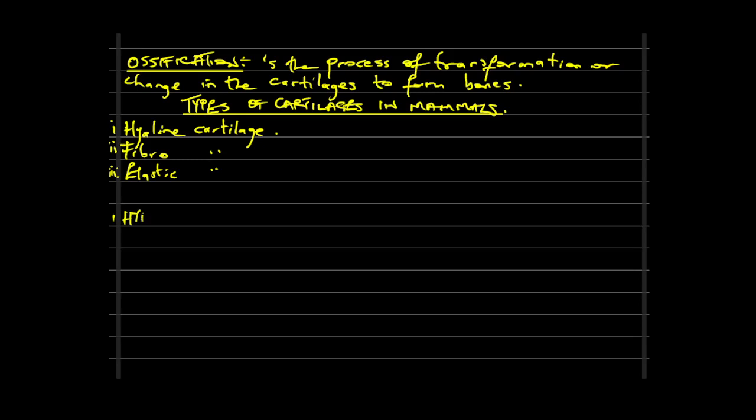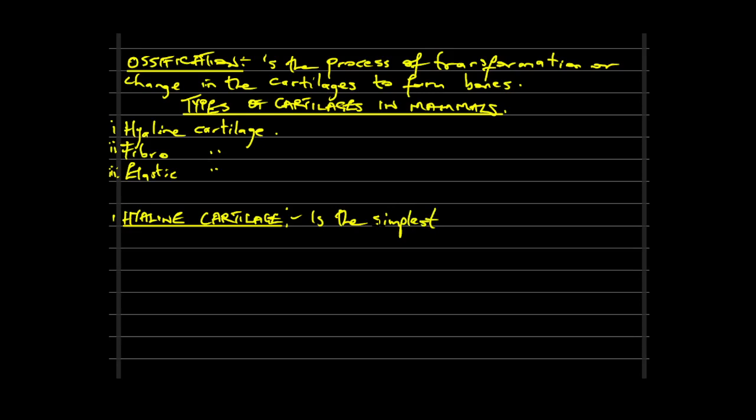So we are picking the hyaline first. Hyaline cartilage. So what do we mean? What do we refer to as hyaline cartilage? It is also a type of cartilage. It is a form of cartilage that we need to understand. So what does it contain? Why do we refer to this as hyaline cartilage, and where can we find them? The hyaline cartilage is the simplest type of cartilage.